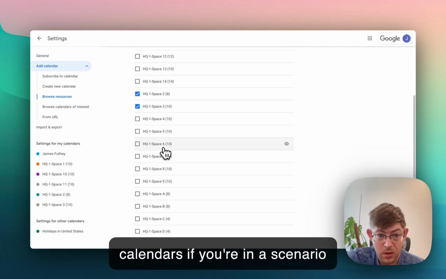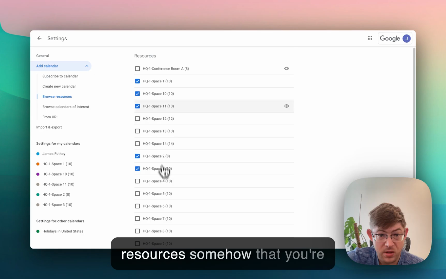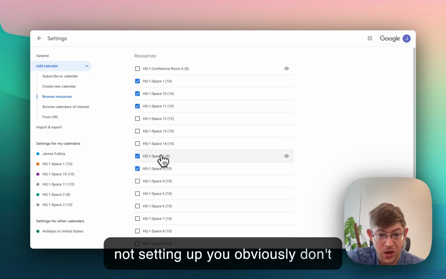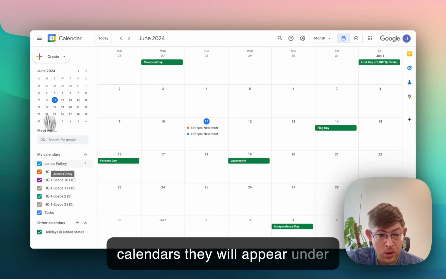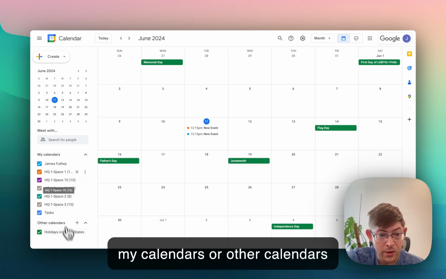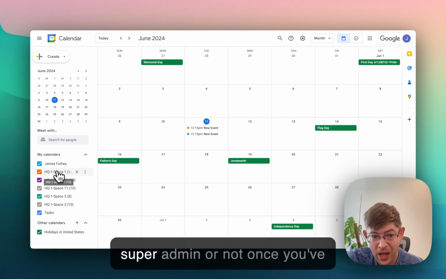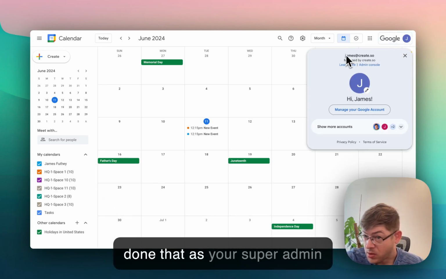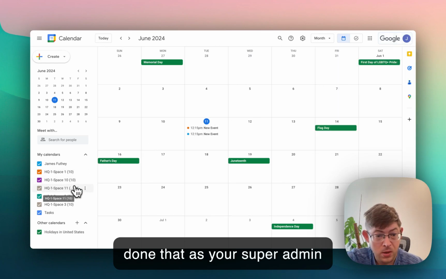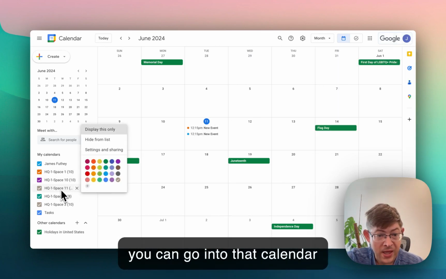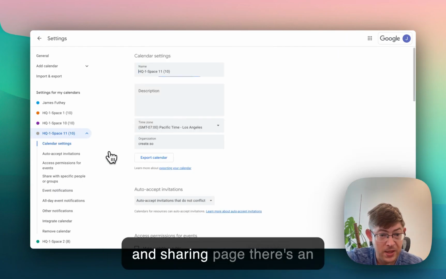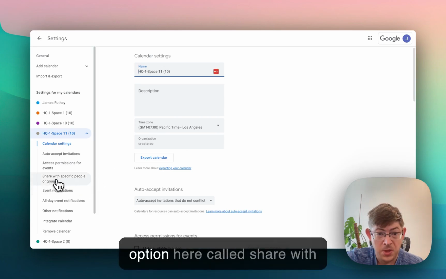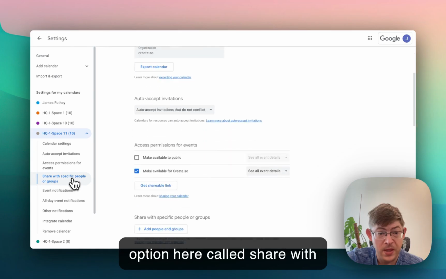If you're in a scenario where you have resources somehow that you're not setting up, you obviously don't have to check them. But if you check all of your resource calendars, they will appear under My Calendars or Other Calendars, depending on whether you're a super admin or not. Once you've done that as your super admin, you can go into that calendar individually and go to the settings and sharing page. There's an option here called Share with Specific People or Groups,